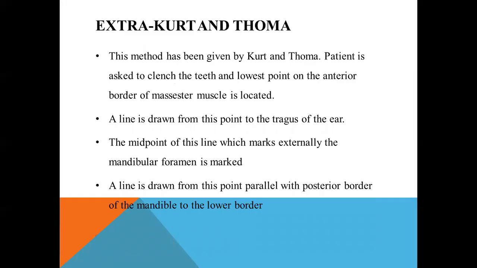Coming to the extraoral technique by Curtis and Thoma. This method is given by Curtis and Thoma. The patient is asked to clench the teeth and the lowest point on the anterior border of the masseter is located. A line is drawn from this point to the tragus of the ear, where the anterior point will be the anterior border of the masseter muscle. The midpoint of this line marks externally the mandibular foramen. The line is drawn from this point parallel with the posterior border of the